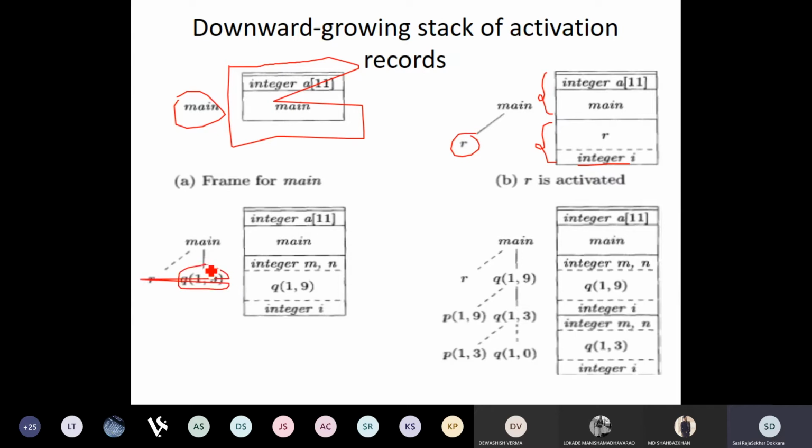If you observe here, there are dashed lines to the read array, because the read array procedure is not running now. Its activation is finished, and the space that was occupied by the read array is now occupied by the quicksort. Because it is not active now, it is represented with dashed lines. So now in the control stack there are again two activations running. One is the main one, the other is quicksort with the arguments 1, 9.